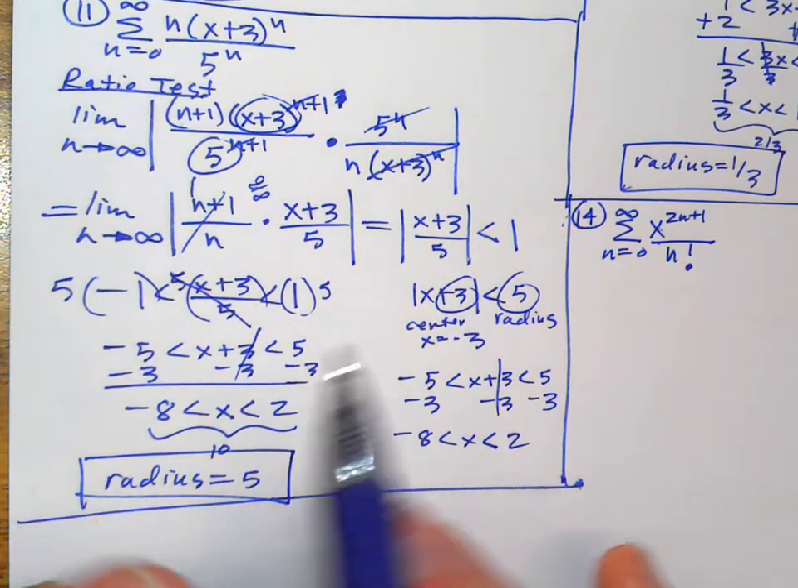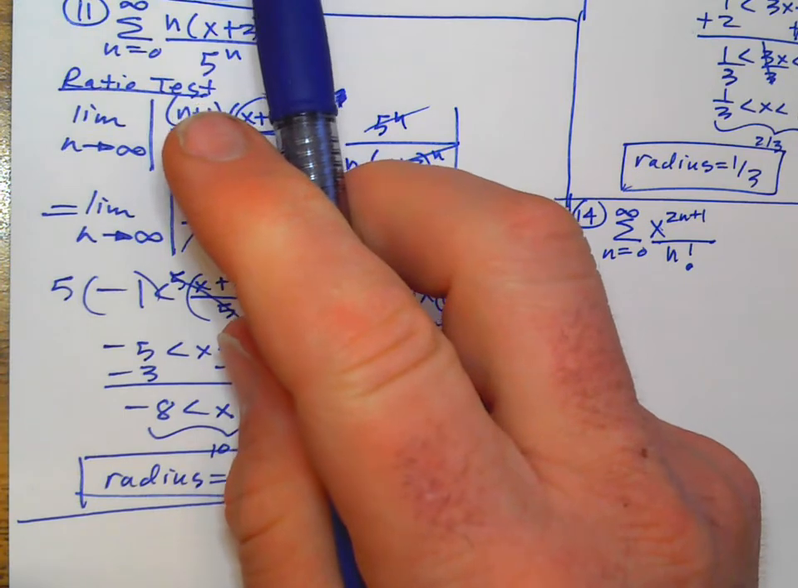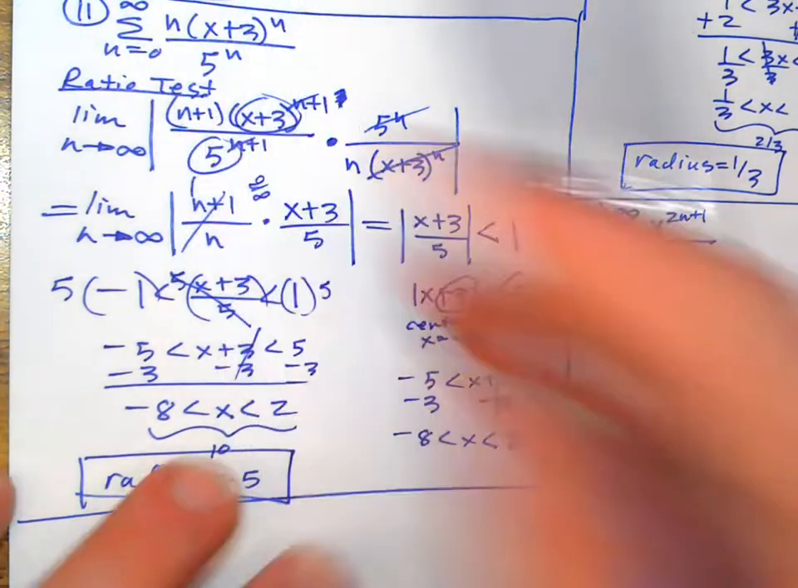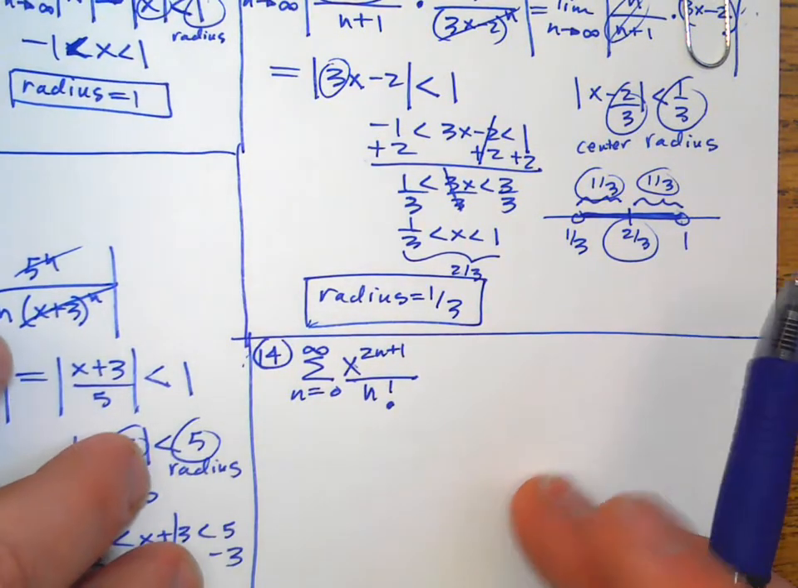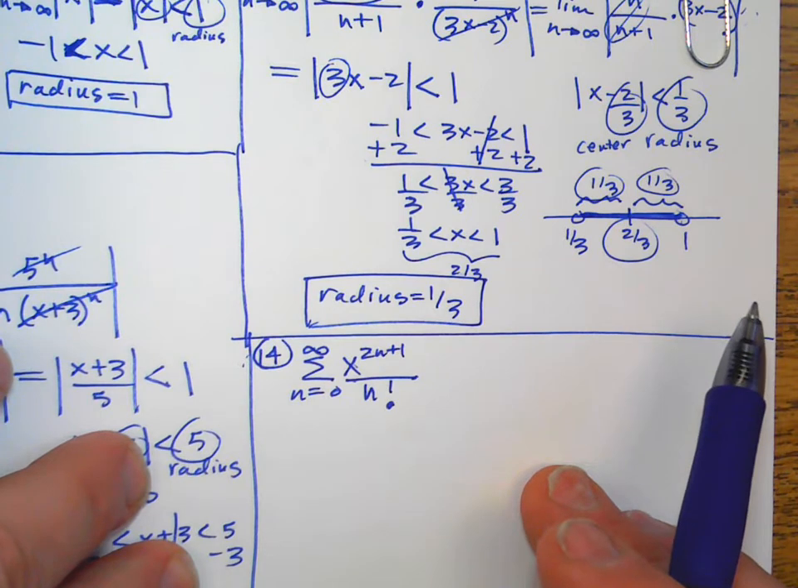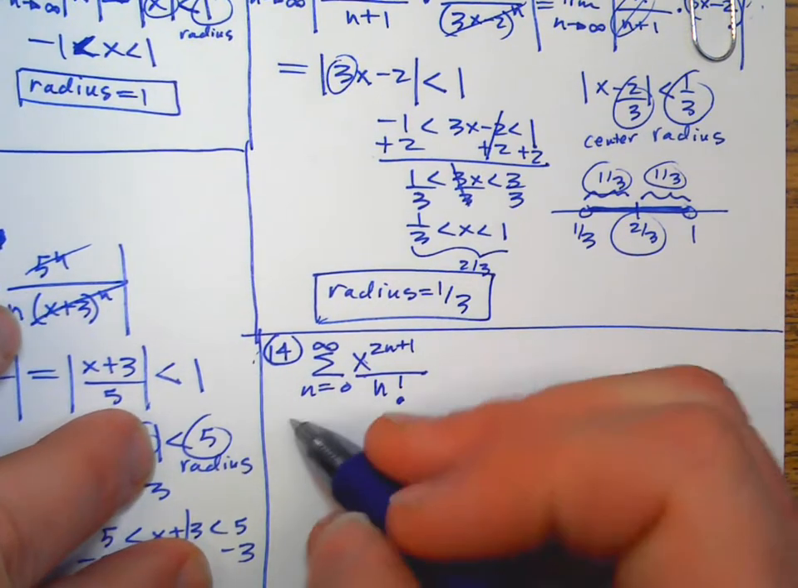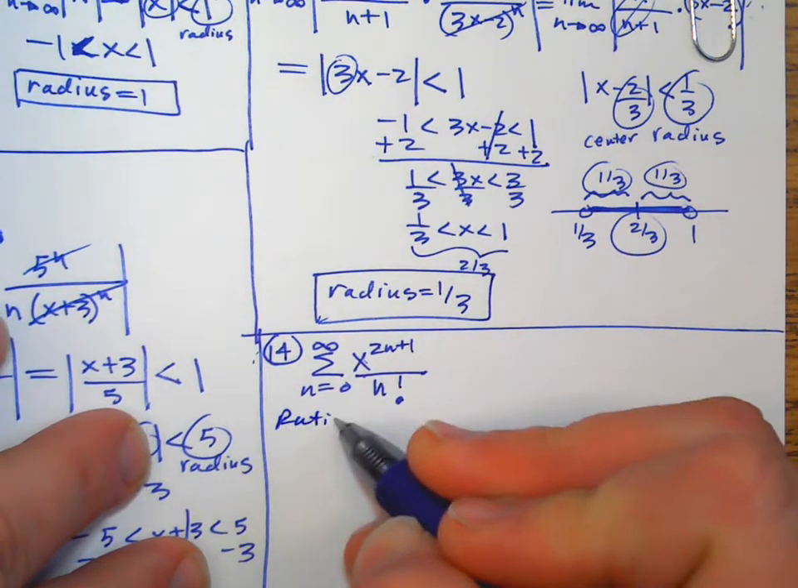Now, the first one was a power series based off the geometric series that we were studying last unit, but all these other ones are totally new things. This one has a factorial in it. You should be good at simplifying factorials. So ratio test,